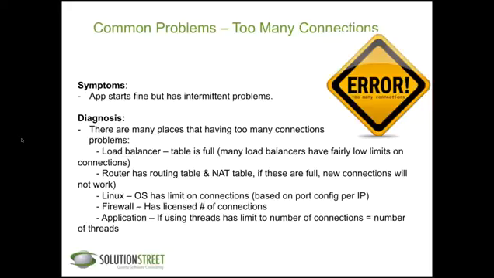And if you use them all up, either new guys get rejected or old guys get tossed out, right? So one or the other is a big problem. Routers have the same problem with NAT tables. Linux has a limit on the number of OS connections it can have, right? There's a configured port range that says this is how many ports we're going to hand out. And if you use all those up on Linux, game over, right?